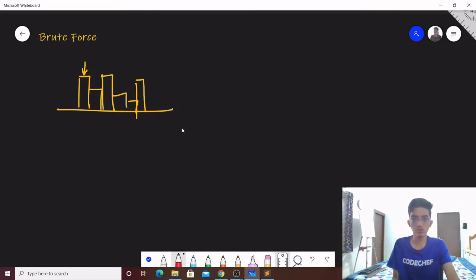Okay, let's start off with the brute force approach. In the brute force, what we are going to do is pick a height. That is, we are going to pick each and every height, and we will try to construct a rectangle whose area is as maximum as possible and whose height is our current height. So let's say that our current height is x. So we want to create a rectangle of height x. In this case, we will go right, and when we come over here, we see that we cannot extend it right even further. In that case, we just drop it over here like this.